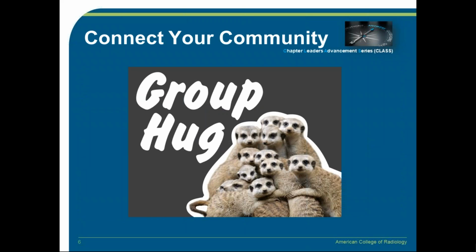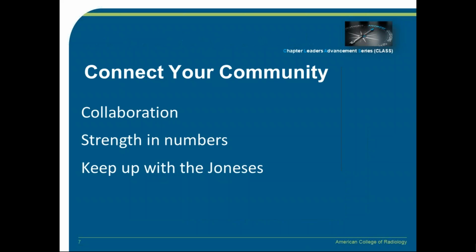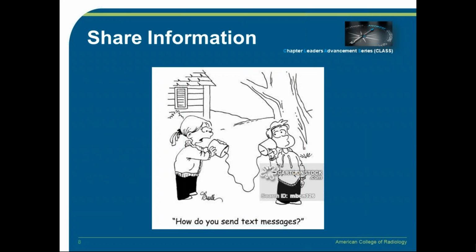And by keeping in touch, you make sure that you're not out of sight and not out of mind. It fosters collaboration and really helps you to foster what you can do in terms of rallying cries. If you need to go up to Capitol Hill, it's a great way to keep that kind of information and also keep a pulse of what everyone's doing within your chapter. That way you can also share different things about what everyone's doing. So it's a good way for feedback as well. It's also a good way for sharing of information.